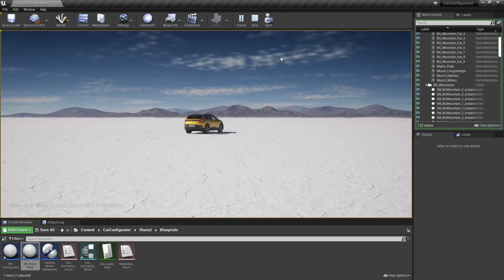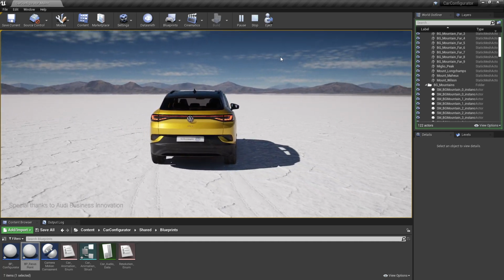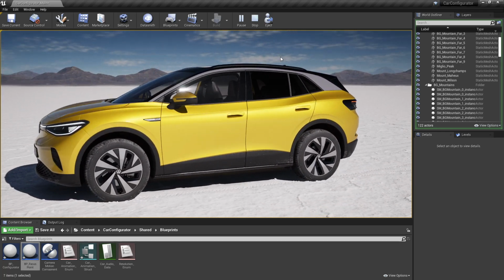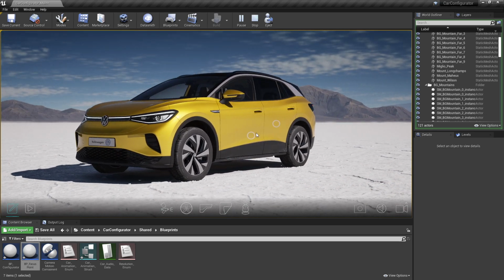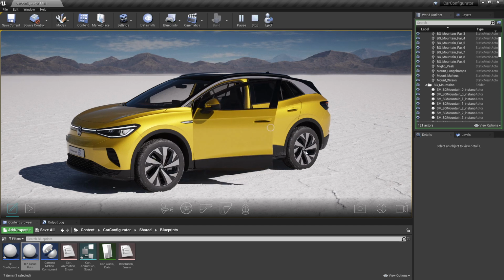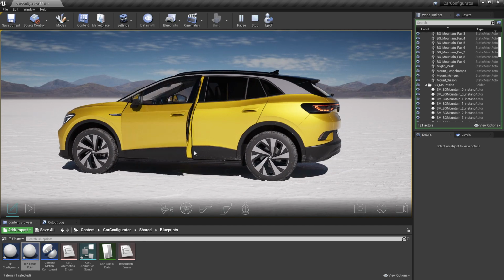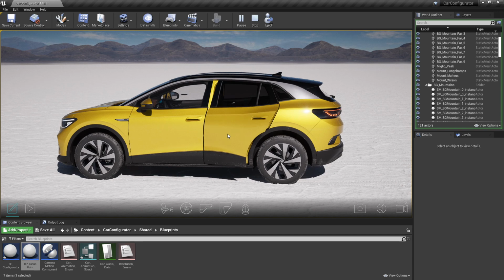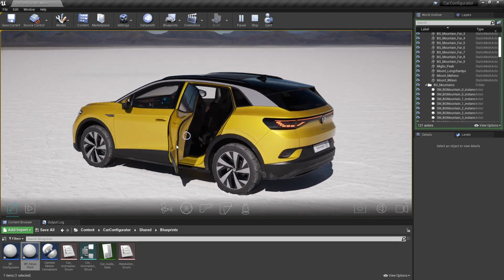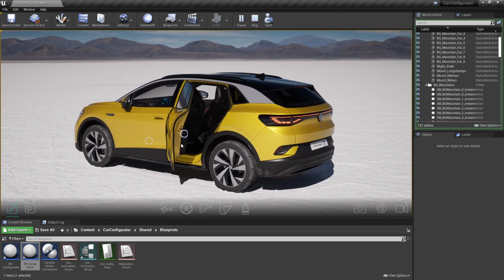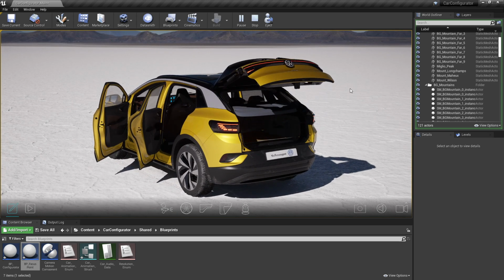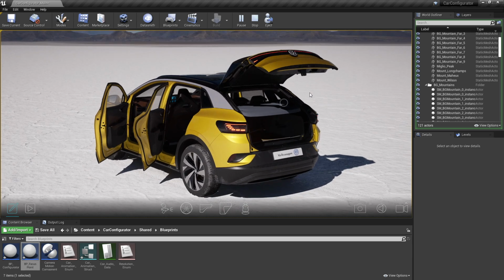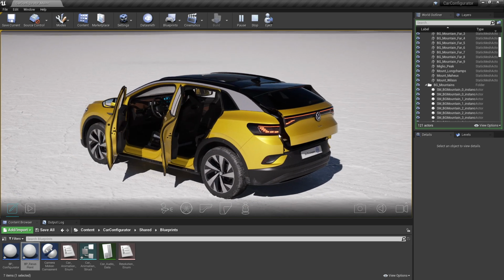All right, so there's the ID4. Animation's looking good. We're flying in. You can see the pop-up of our little focus points. It sort of happens right there. And if we click on the first door, it opens up. It does what you'd expect. We can close that guy back down. Let's give this guy a shot. So there's the back door that we hooked up with that extended control rig. And then, of course, we've also got the ability to open up the trunk, again, based on the modification that we made to that control rig.